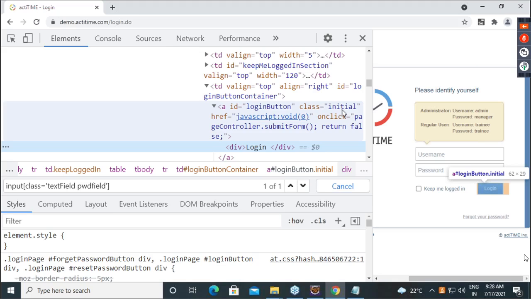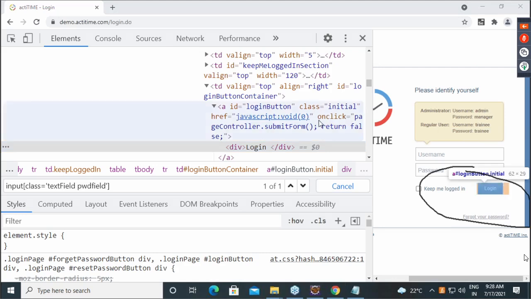Now guys, see the beauty I want to show. Can you observe the login button in the UI? It is showing the CSS selector ready-made for you. Check here.